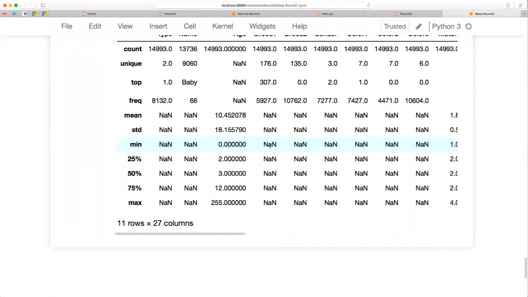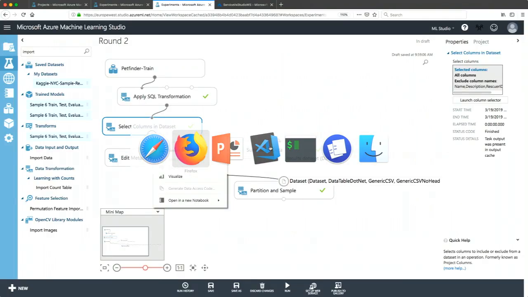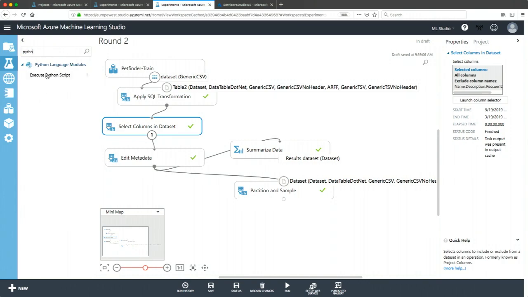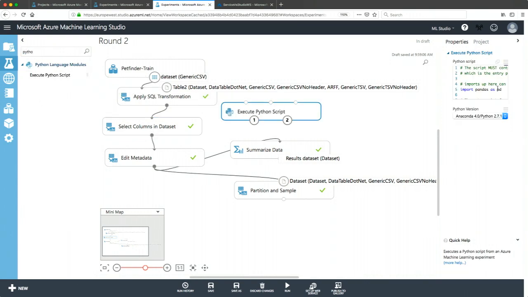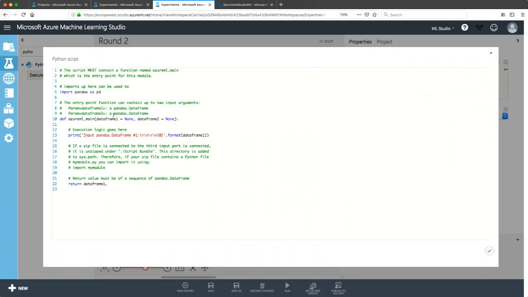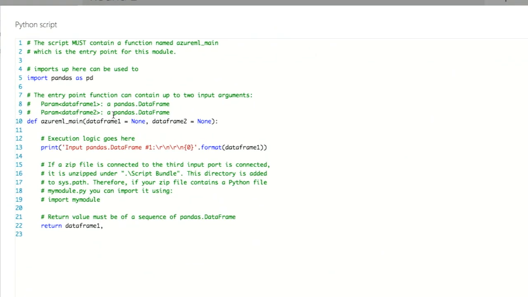The question was, you can also run Python in ML Studio, so what are we doing talking about ML Service versus ML Studio? You can run Python anywhere. Really good point. However, it's a bit different. If I look at the execute Python script module here, I see that I can get something like 2 data frames.